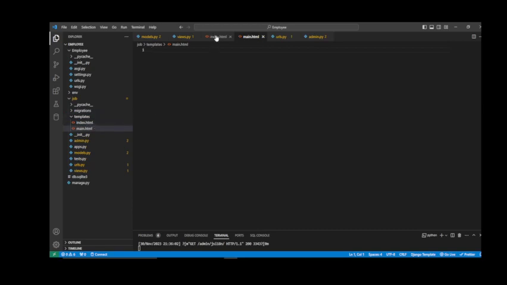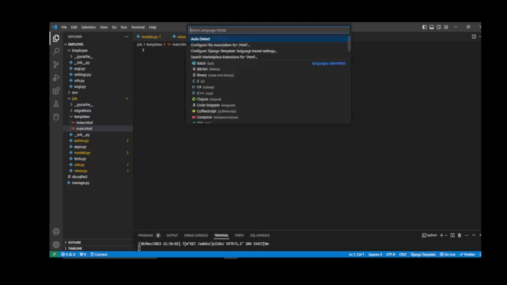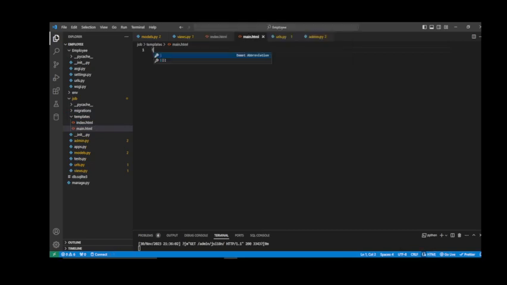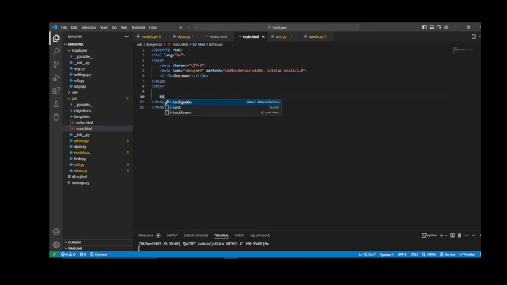Inside this main.html we can add this basic HTML template. So we can add this block content